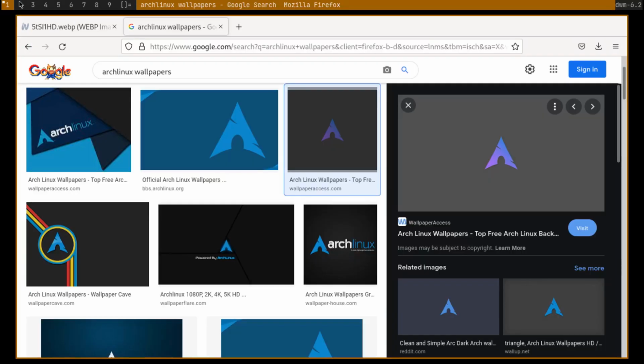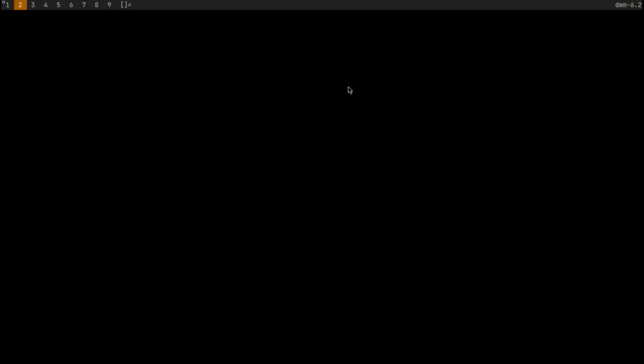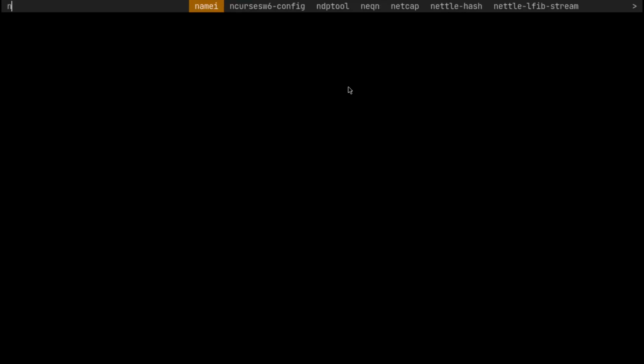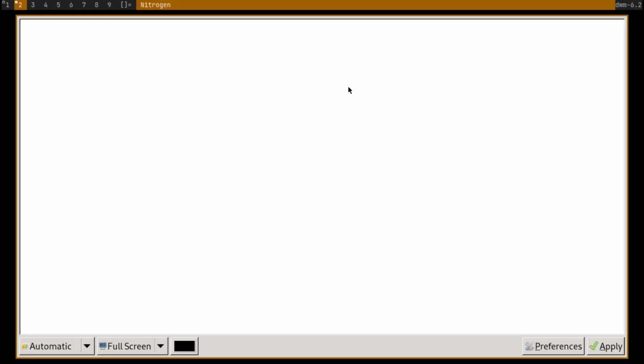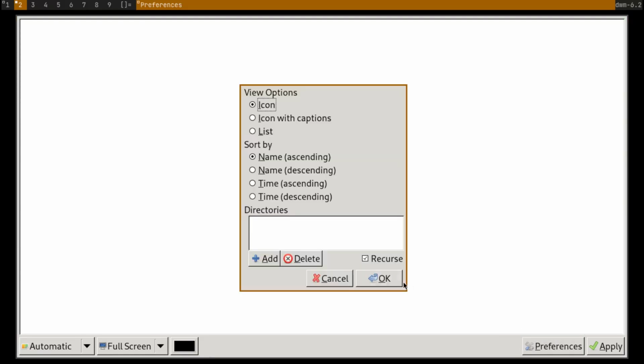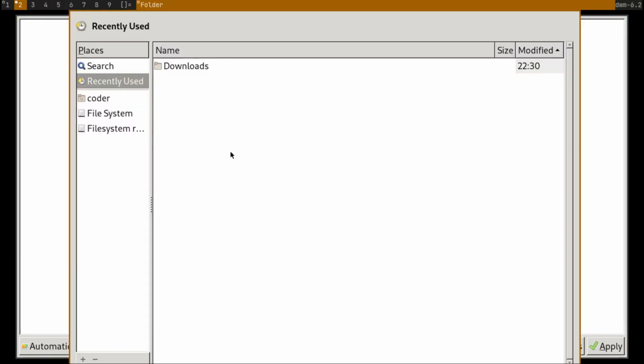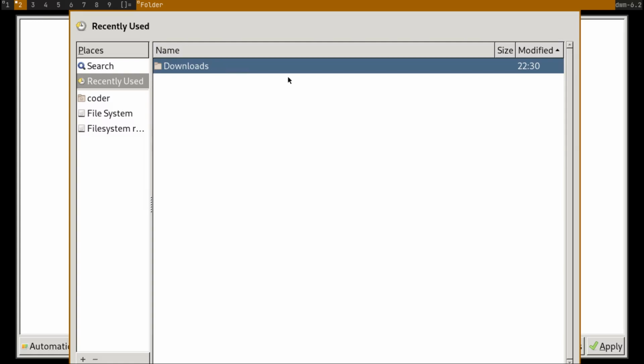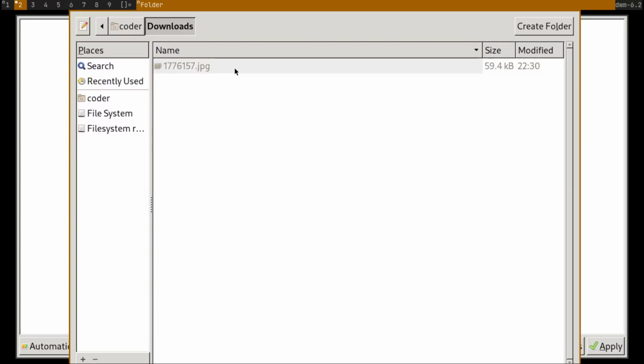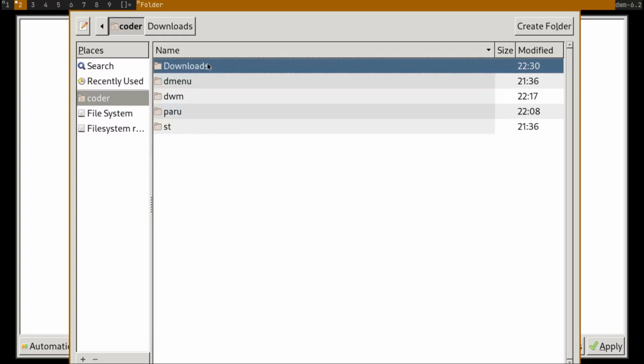Okay, I saved it. Now for setting the wallpaper, again mod D and then type nitrogen. Hit enter and Nitrogen will appear. Go to preferences and then click on add, and then wherever you have downloaded your wallpapers, you can just click on that folder and then hit enter. Double click.